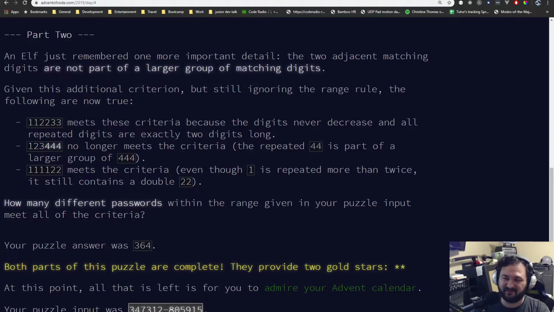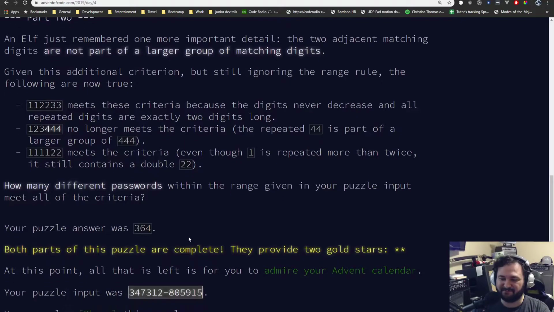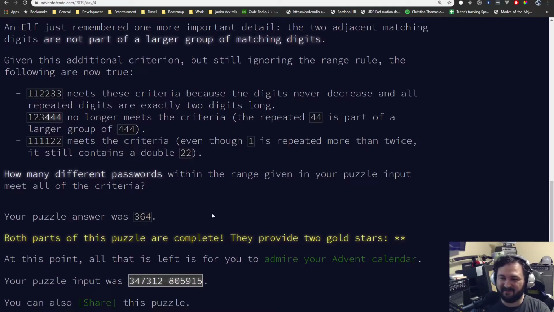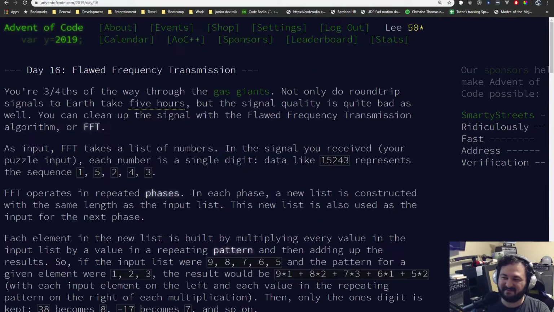But anyway, my problem was trying to parse these numbers in a particular way. I think I was slicing the string of numbers into groups and trying to parse it, where somebody was just iterating over the list and keeping track of the amount of doubles or something like that. So I had to look up somebody else's solution on Reddit and look at their Python and see what algorithm they were doing to actually get the solution. And once I did that, I got the answer like instantly. So that was a real low point. I felt really stupid after looking up that answer, and I felt just dumb.